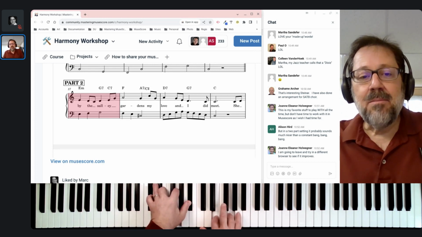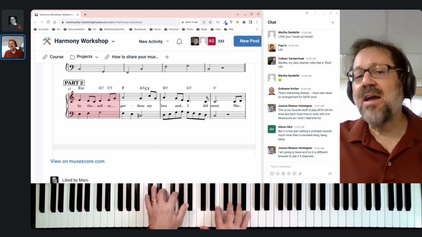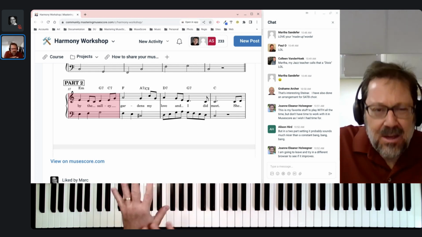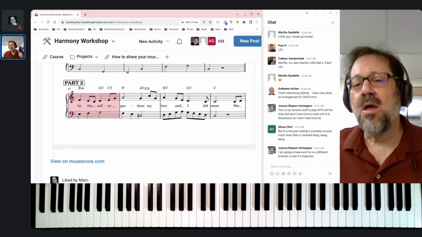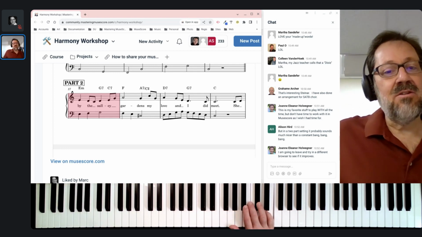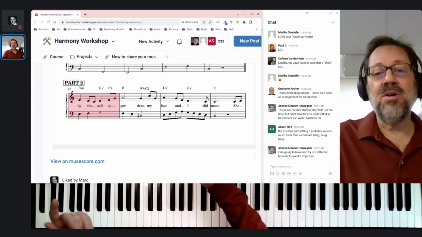Oops. So I like it. I find it less objectionable when I voice it as a diminished chord, and I could play around with the voicing that much more. But that's something else to consider: use of diminished chords, making your secondary dominants not always be 5s, but sometimes 7s.